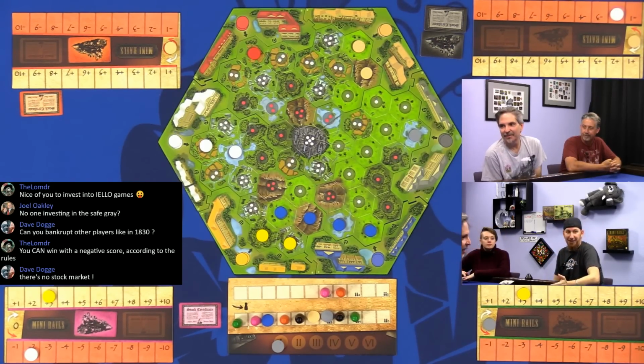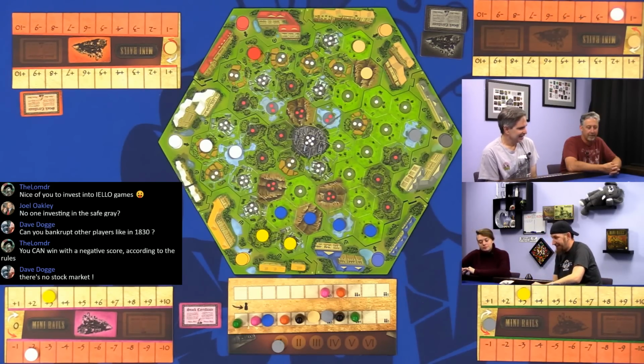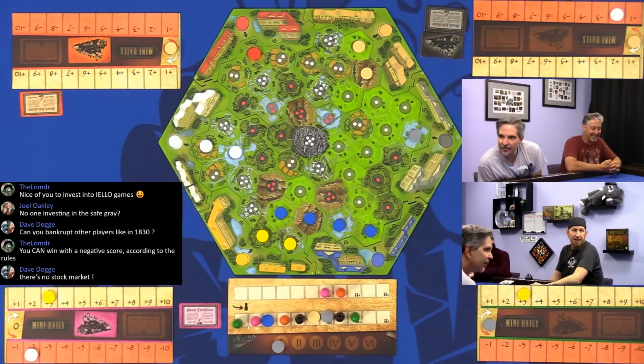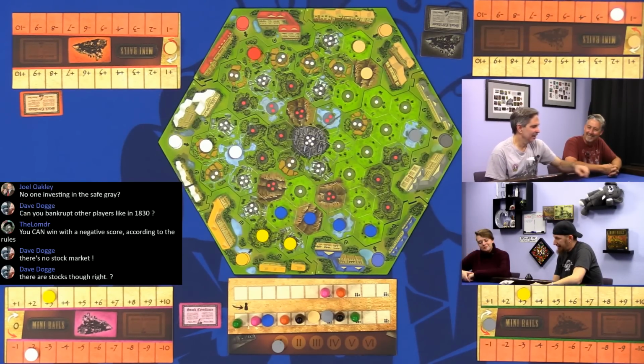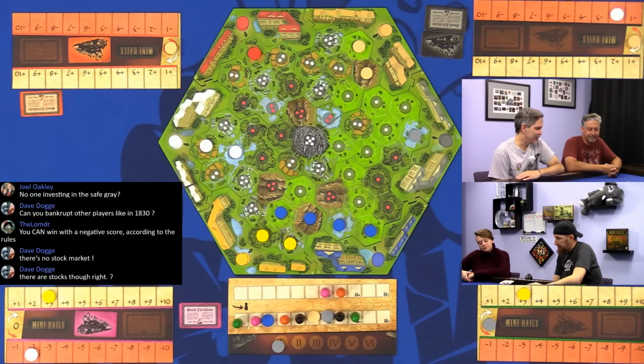Joel was like, wait, no one's investing in the safe gray? Because gray's only going to help you. It can't negatively affect you. So I am laying track. The problem is, I don't know if they can see the board, but gray is surrounded by single pips. There is a little bit of negative here, but it's pretty much white over here. So, now,